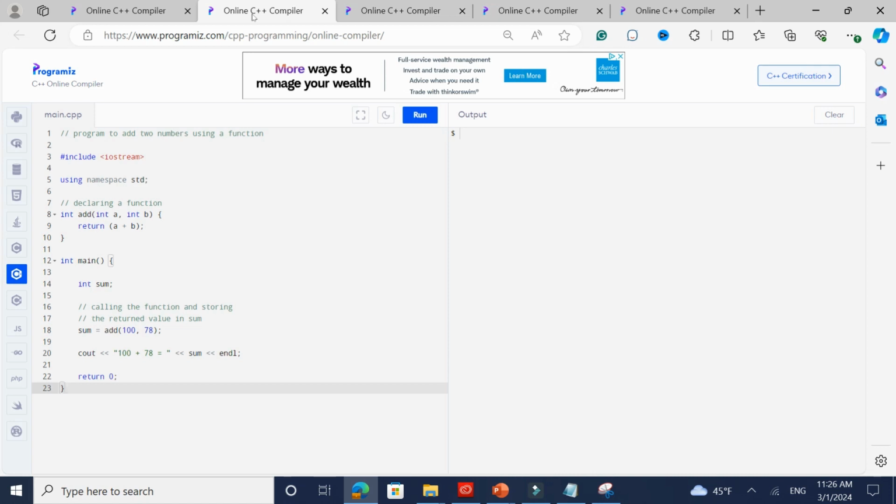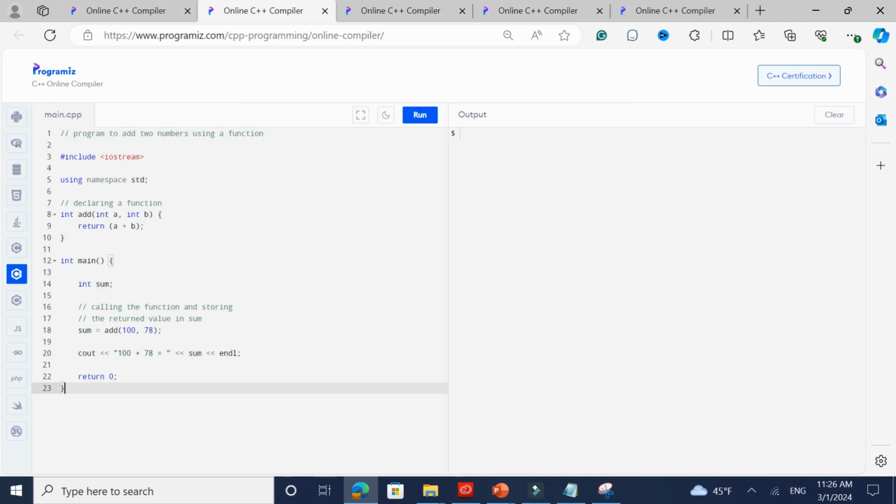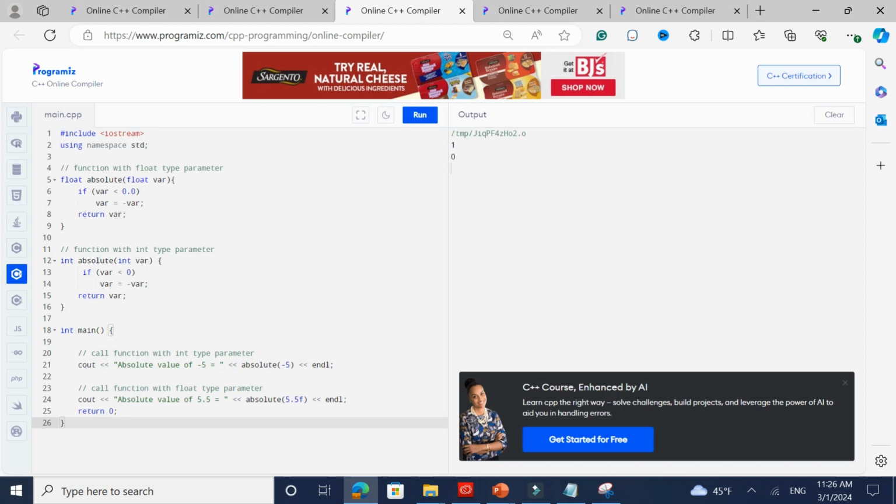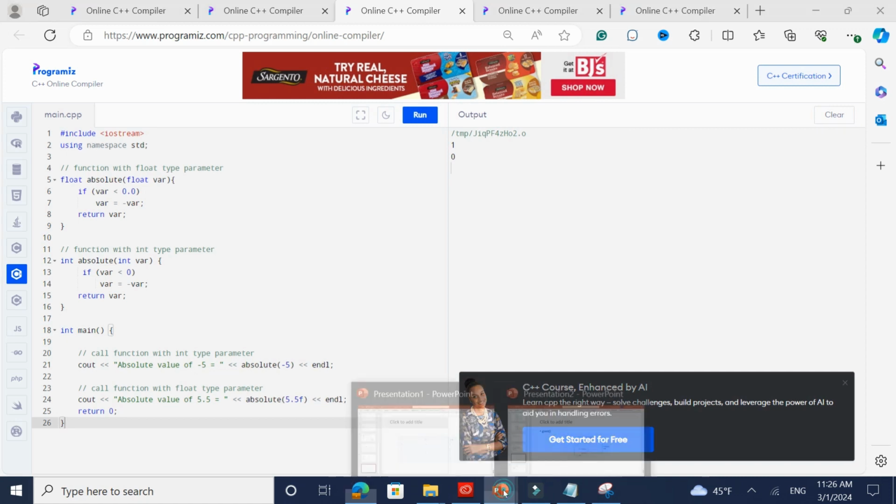I mean, you could have had a placeholder int, right, and then you add and then you return that particular number, but this is a short way of writing it. Right, so sum of 10 and 78 is